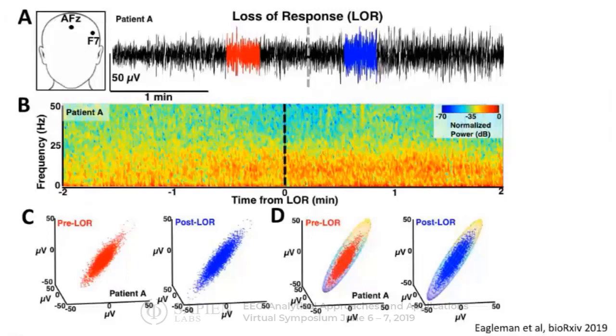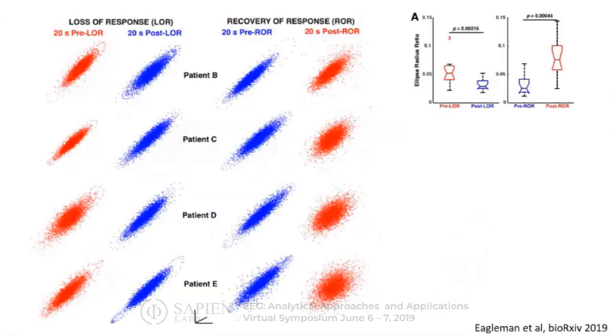And we can see similar changes, again with the same color coding. We're looking at a spectrogram and then the changes in attractors. And we can see similar changes to what we saw before: decreases in higher frequency activity, increases in lower frequency activity, and the shape change in the attractors. Here it's not as obvious, and I can talk about that at the end, why it's not so obvious for